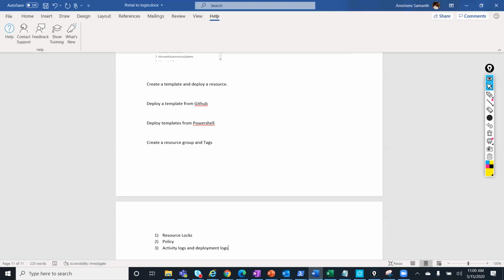Three labs, maybe: resource logs, policy, and activity log deployment. So just go through them: resource logs, Azure policies, activity log, and deployment logs. See if you can read some of the Microsoft documents related to this, and then try to perform some of the labs, and see if you can come up with any questions tomorrow.